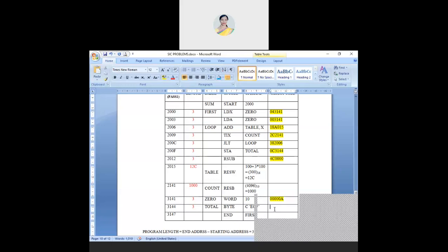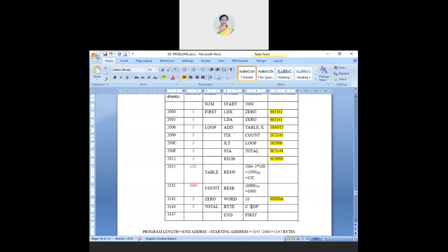You have 3 characters, right? So now you have to find the hexadecimal of E. Capital A is 65, right?